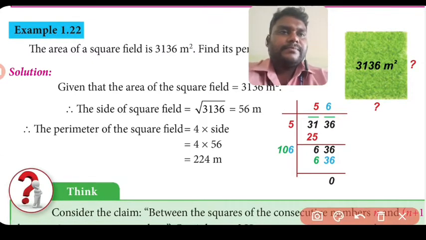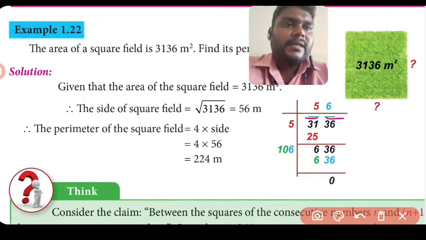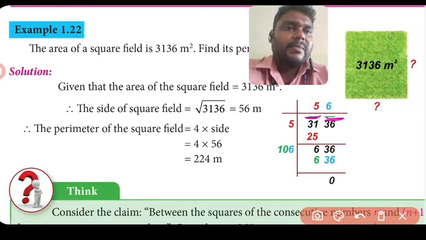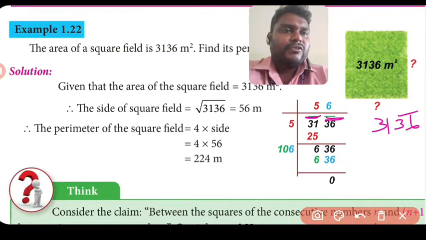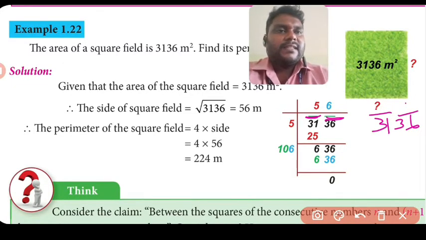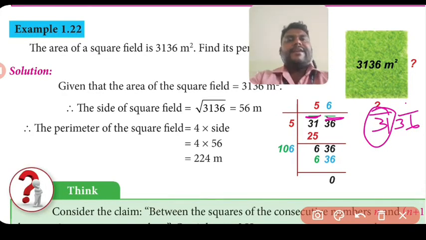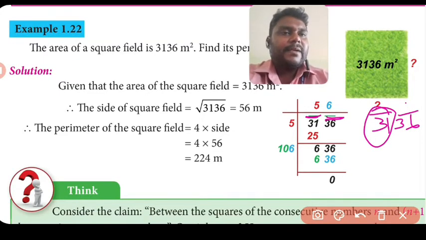So first we take two numbers from the right side, right to left, not left to right. Here right to left, two numbers. So it divides into two numbers. So first 3 1 3 6 இருக்கு. So first, left to right, I take the 31 and 36. So first we take 31. In the square table, the nearest value of 31, in the square table, not the ordinary table.